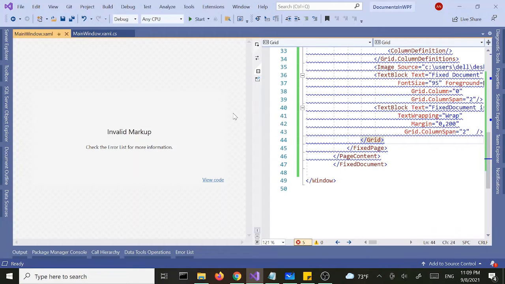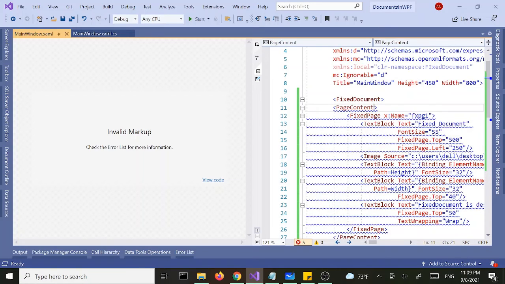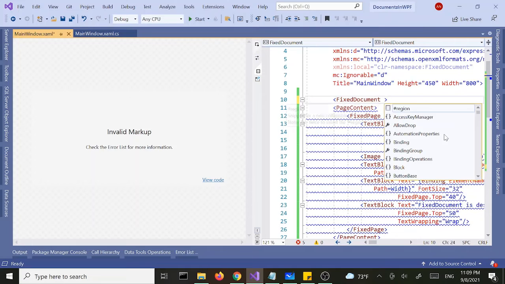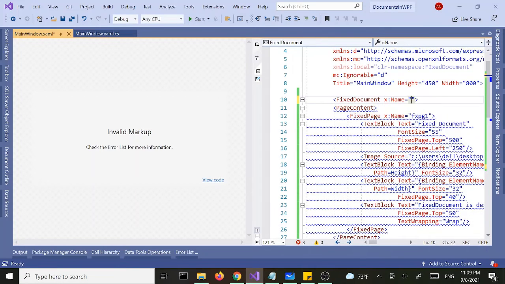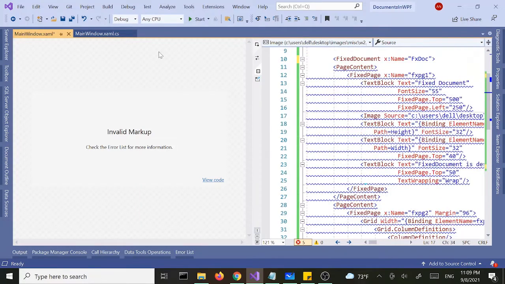Okay, so before we go there, I'm going to give a name to our fixed document. So name, I'm going to call this FXDoc. All right, now we're going to go to code behind